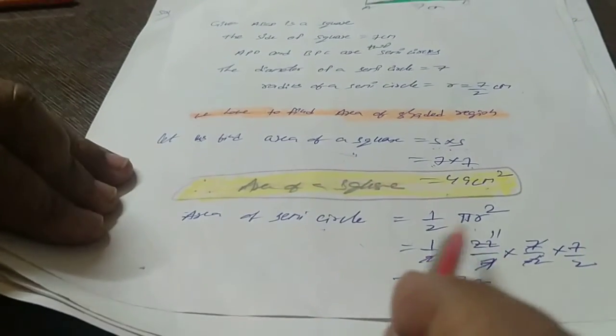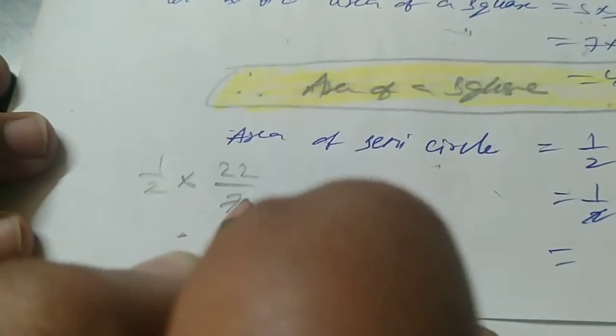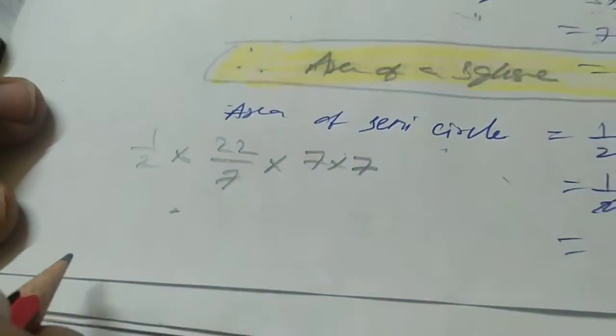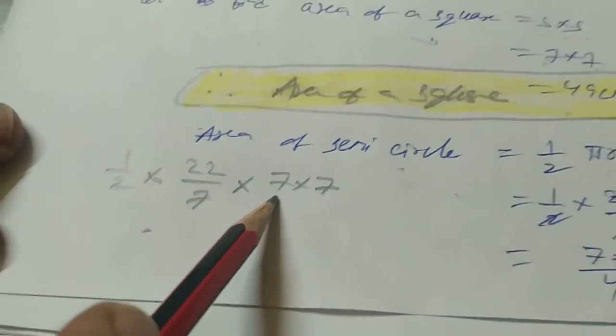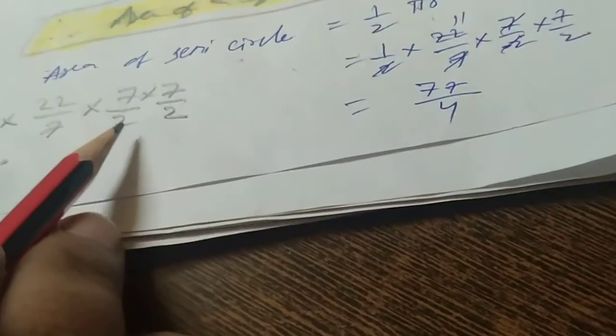You know the formula already: half pi r square. So my dear students, look here, I am doing that division part. Half into pi r square. Pi means 22 by 7. R means 7 into 7. So my dear students, the 7 is given, 7 square here only. So r is not 7, it is 7 by 2, the radius. Already we have written here that the radius is 7 by 2.